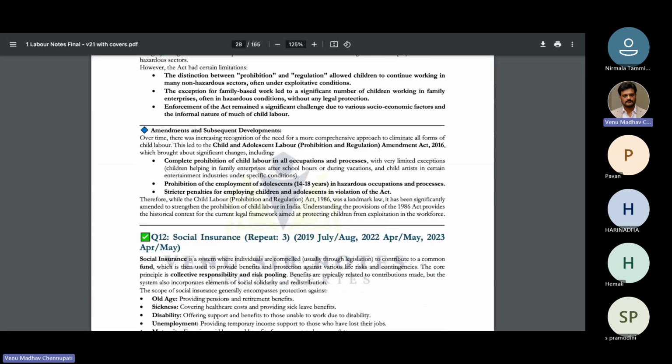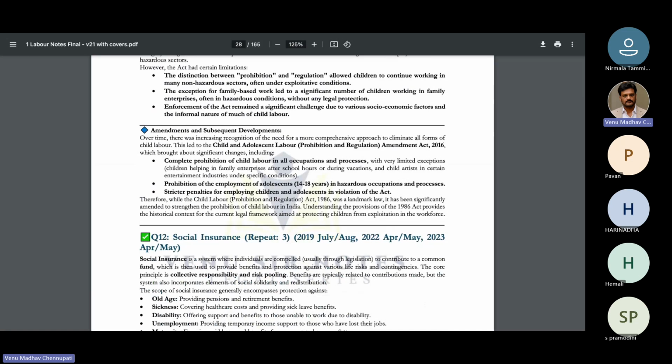Yeah, I think in question 4, we have learned about the two cases. So the famous MC Mehta versus State of Tamil Nadu case, where the Supreme Court directed the formulation of rehabilitation of children working in the matches and fireworks factory. Employing children below 14 years in hazardous work violates Article 24 of the Constitution, it said. And the other case was basically